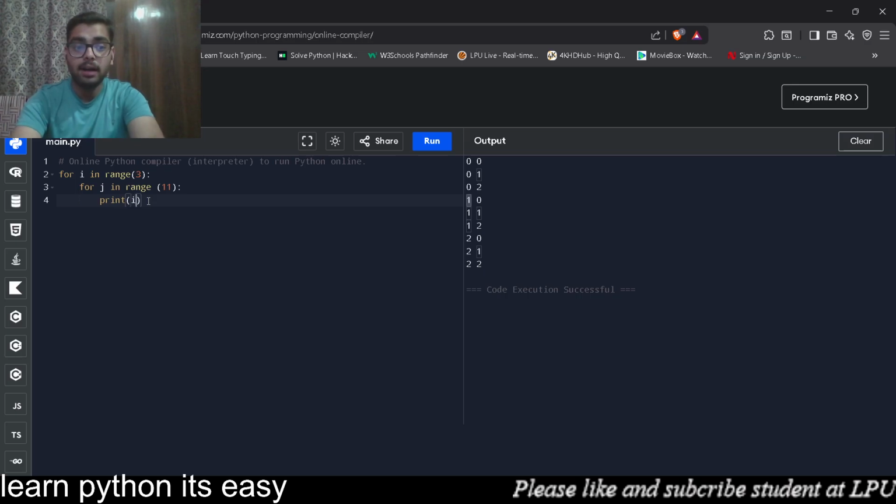So I'm writing print i, then comma, then the quote with the asterisk sign, then comma, then j, then comma, then a space, then equals, comma, then i multiplied by j. And now if I print this out,